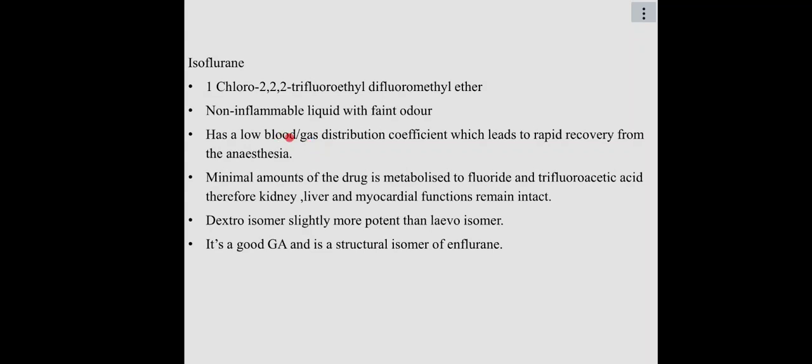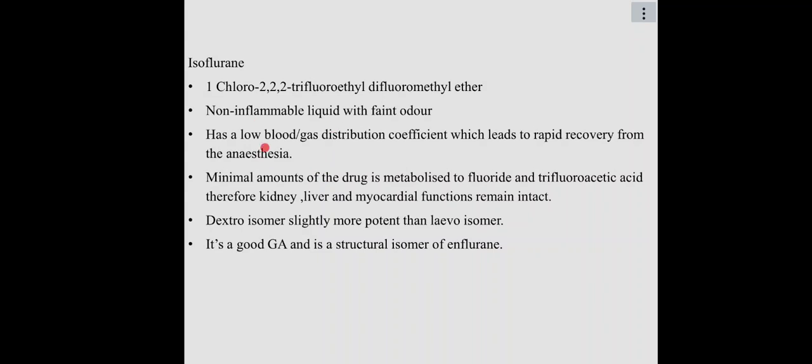That means the drug can leave the blood and go to the gas. Going to the gas is going to the lungs. Remember, in the lungs, that's where we have a lot of this as a gas. So the drug can leave the blood very rapidly and get into the lungs, and when it gets into the lungs, it will just be exhaled, and therefore it can lead to very rapid